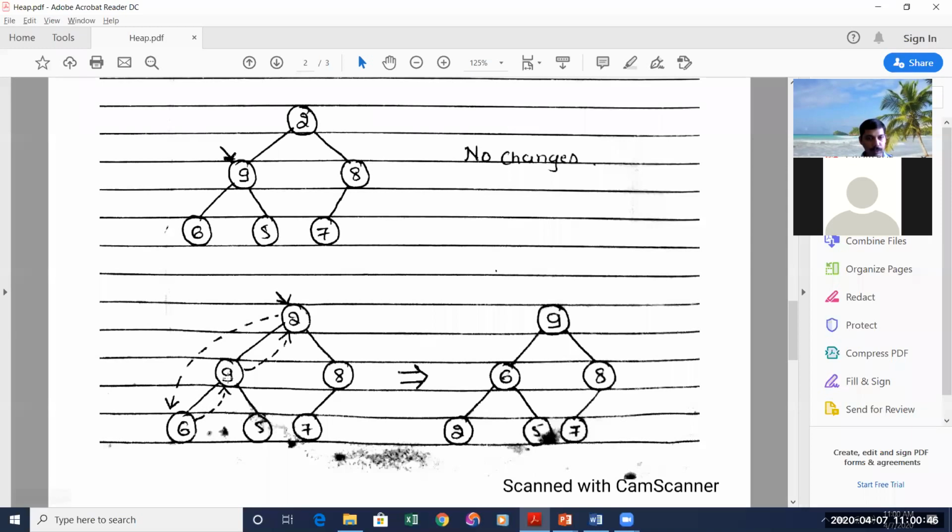Okay, that means here, where 2 is assumed to be. So 6 will move up. Now bring that 2 to the position of 6 and see if there is any child for 6. There is no child for 6, and therefore you can copy this 2 directly to this position of 6. Okay, now what happens?